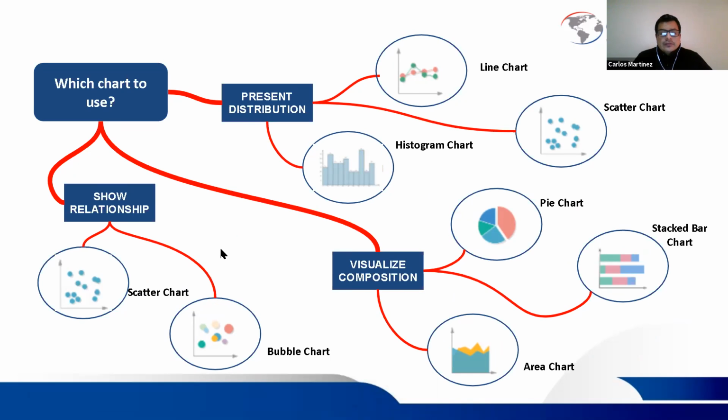So basically, these are the 5 uses of charts, and I've tried to mention the most common charts, because there are others. We have word maps, I mean, different types of charts that can be used, but these are the most common and the ones that are basically the most used in these 5 different situations. Okay, now